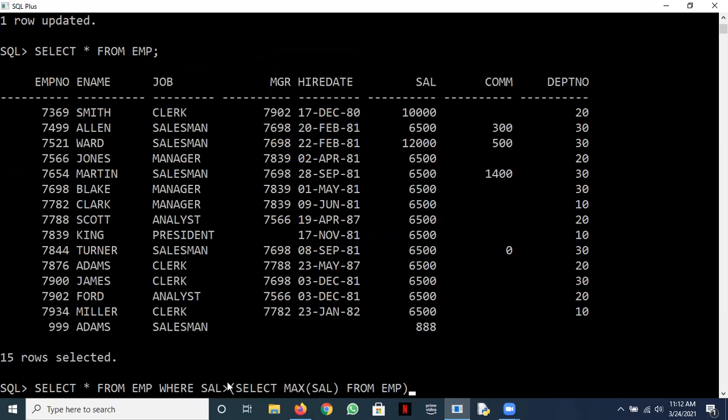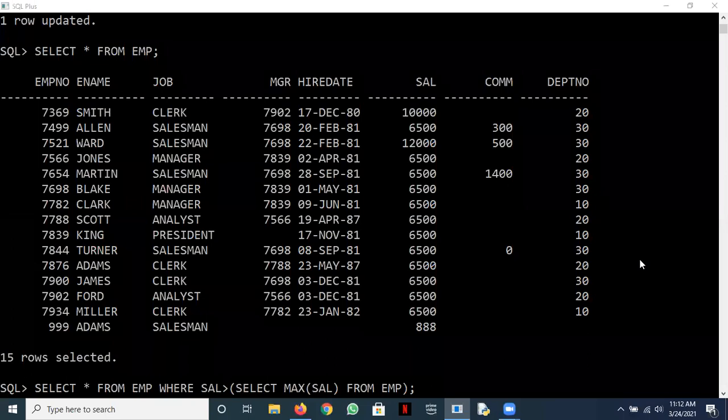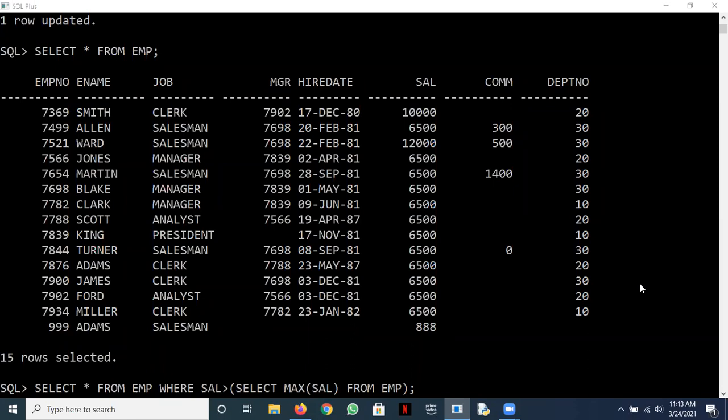If I run this query, what is the output? Raise your hands. If you want to learn subqueries, you must begin this discussion by answering this question. Yeah, select star from emp where sal greater than select max sal from emp. Okay, Bharat wants to answer. Yes, Bharat. Sir, it will display third row. Look carefully. Okay, some other people raise hands. You can raise hands if you have a different answer from Bharat's. Bharat says it would display which row? Third row. Okay. All right. Okay. Shelly wants to give an answer. Yes, Shelly.